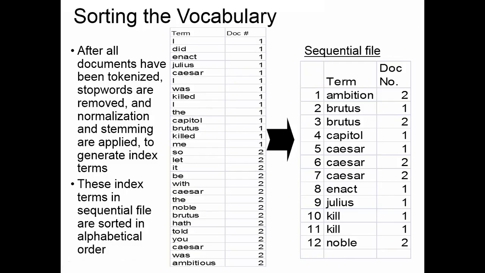If we apply normalization, the capital letters are converted into small letters using the lower function in Python. Then if you apply stemming, like killed is conflated